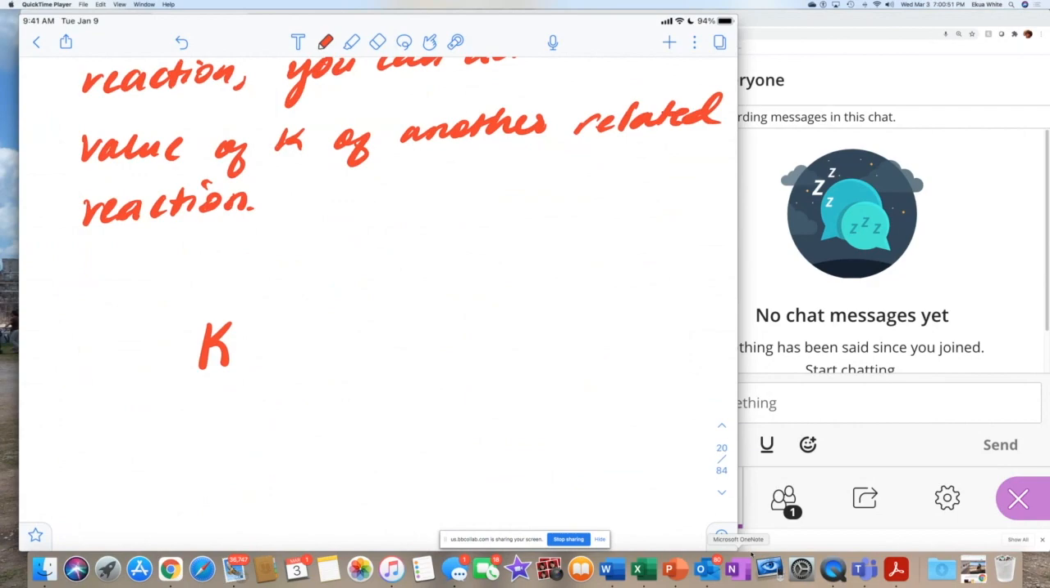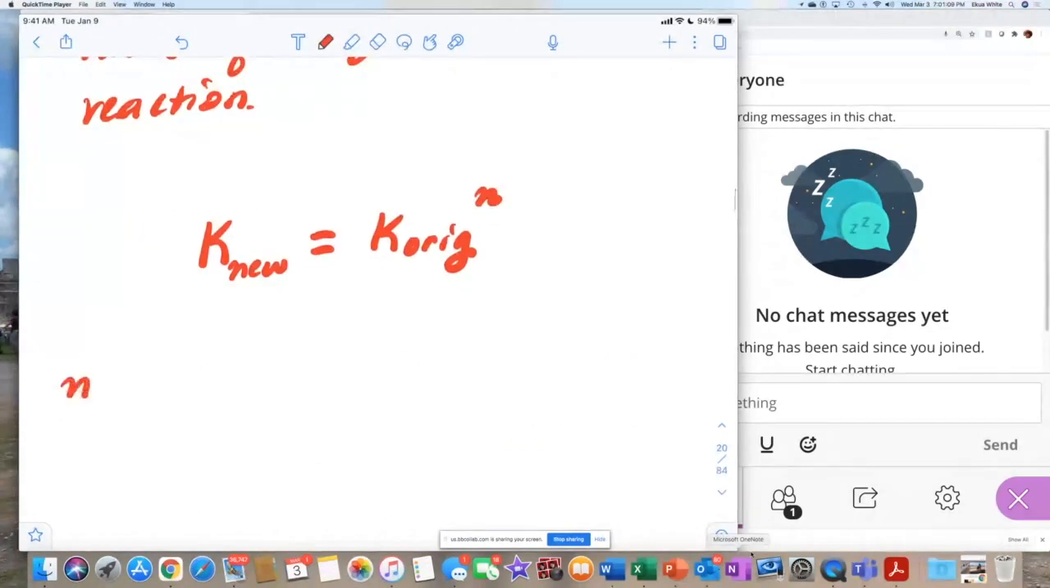Let's say you're trying to solve for the K, the equilibrium constant for the new equation, right? Given the first one, the new equation is related to the K from the first equation, so I'll call this the original equation, is K power N. And what is N? N is the number, I don't want to call it integer, but the multiplier